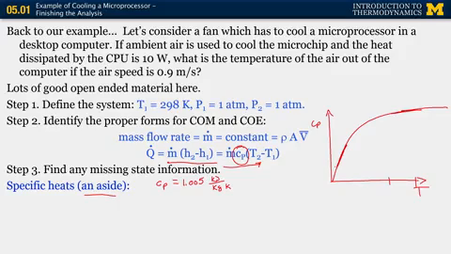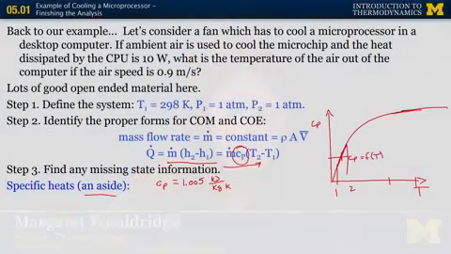You can either integrate that expression, so determine what the specific heat is as a function of temperature. And in this region, it's linear, so you just integrate the line. You integrate the expression of specific heat as a function of temperature. And the simplest method is to say, well, if this is my initial state, and this is my final state, to just assume an arithmetic average that's somewhere between the 2